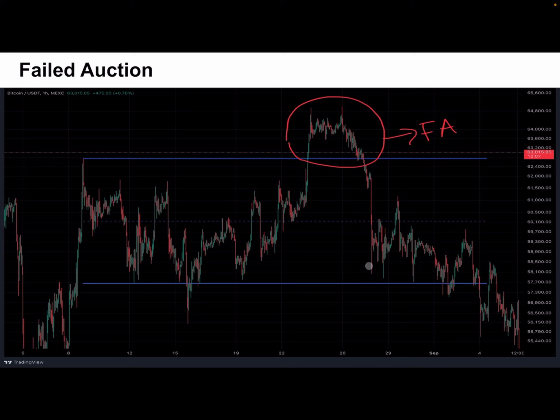which is what basically gets the move this violent here as well. So those are the two concepts that are really important for us, because it shows us both absorption here, which basically means limit shorts absorbing the price, plus it shows us trapped traders as well, because anyone that has longed the market at the highs here, when the price goes back below the range high, is now trapped there. And when they're leaving their long positions, they will push the price down, because anyone who has to close their long has to open a short position. They have to sell back their positions. So that's where the trapped traders concept comes from.